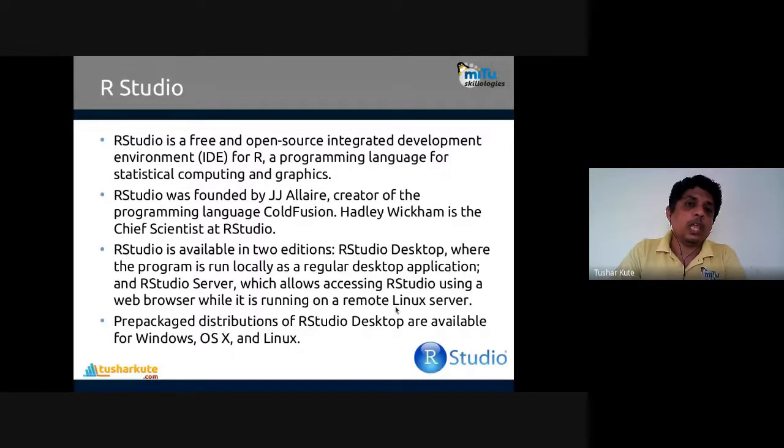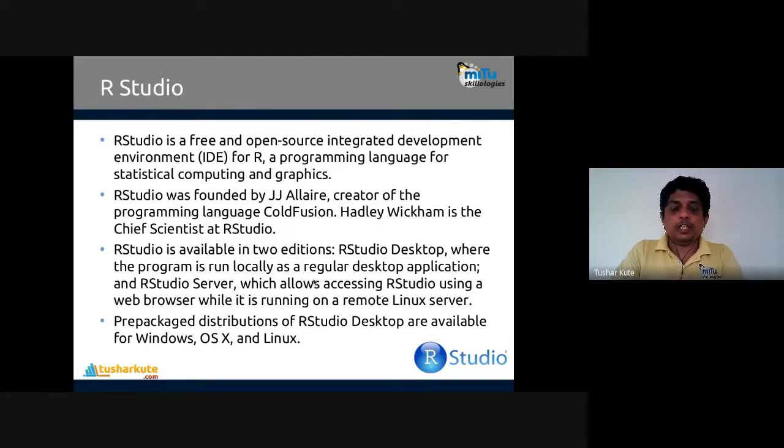RStudio is a free and open source integrated development environment for the R programming language for statistical computing and graphics. It was founded by J.J. Allaire, the creator of the programming language ColdFusion. They have created RStudio.